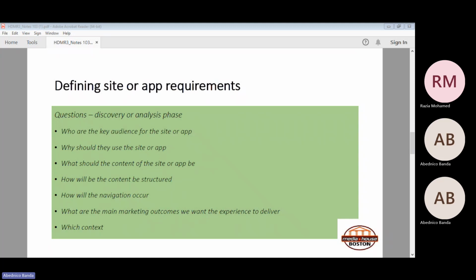to ask who is the key audience for the site or app, because whoever you come across on that discovery or analysis page is going to determine the design and the content of that site or app. You don't want something that is busy for people who are more senior because they've lived a busy life themselves. Why do you have to bother them with busy designs where it's difficult to navigate, difficult to order food if it's a food delivery app, difficult to look for a partner if it's a dating site? So those are the things that you need to consider when you're looking for a key audience.